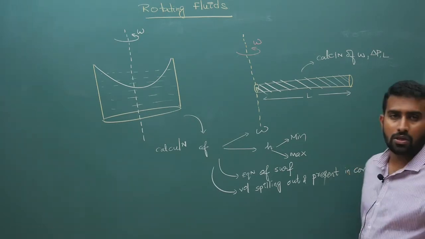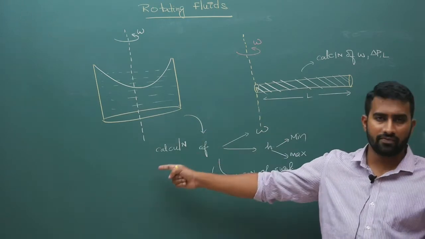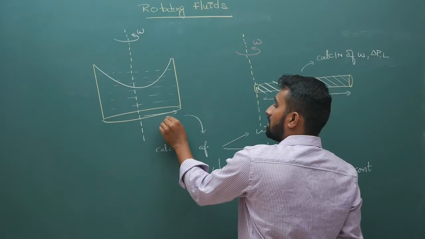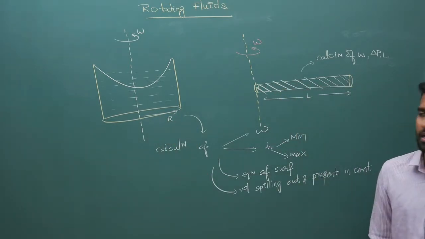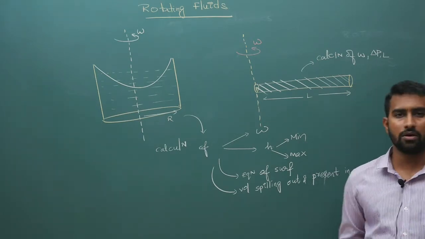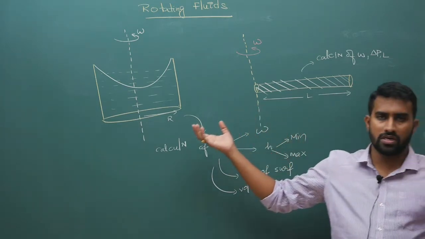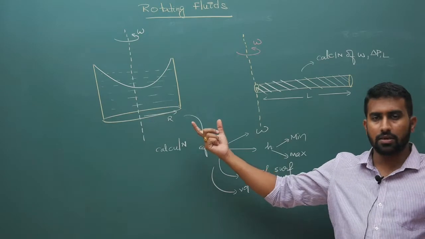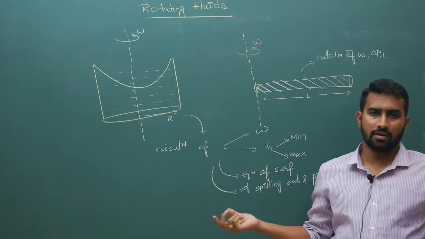All these things I need to calculate from the given information, such as the radius of the base or area of cross section. Hope you got the outline of what is happening here. Now I am going to calculate each of these values in both scenarios, and we will do some basic level problems.